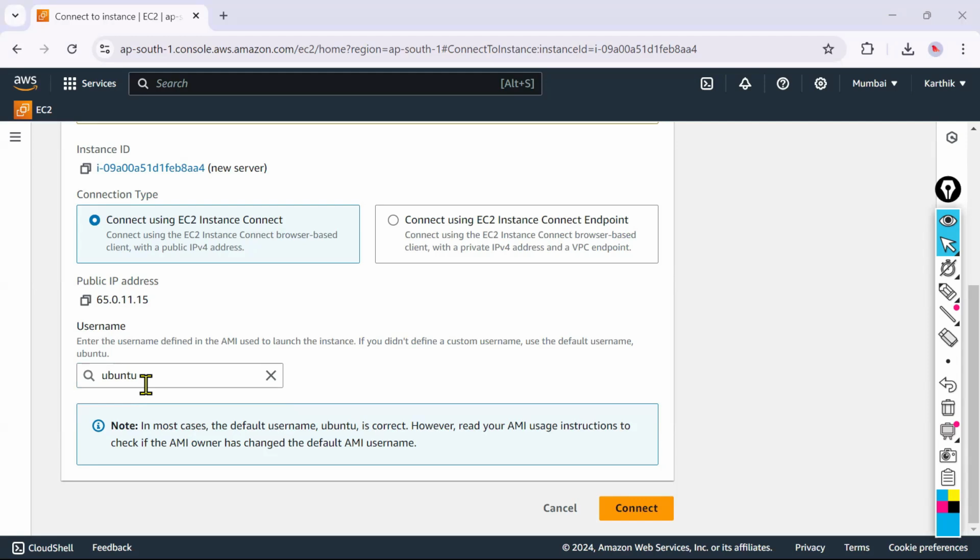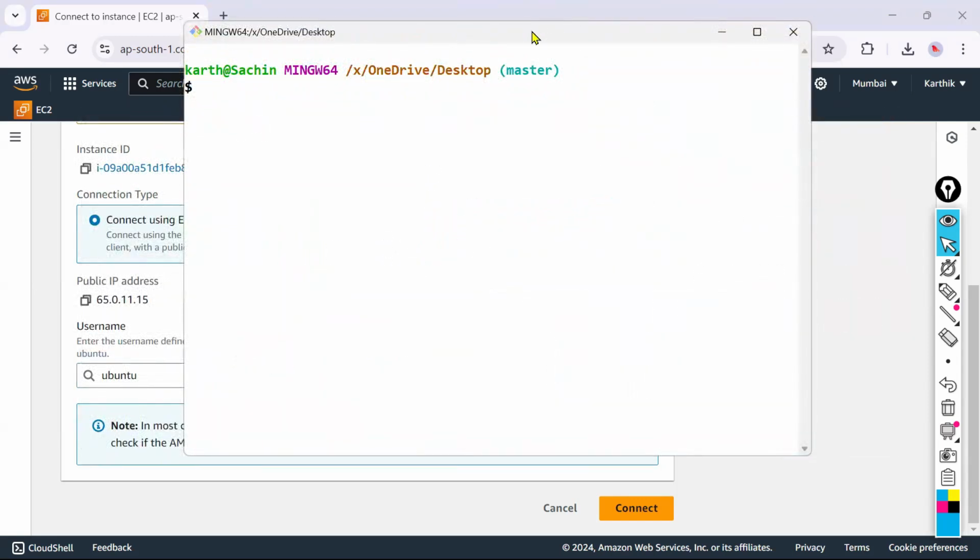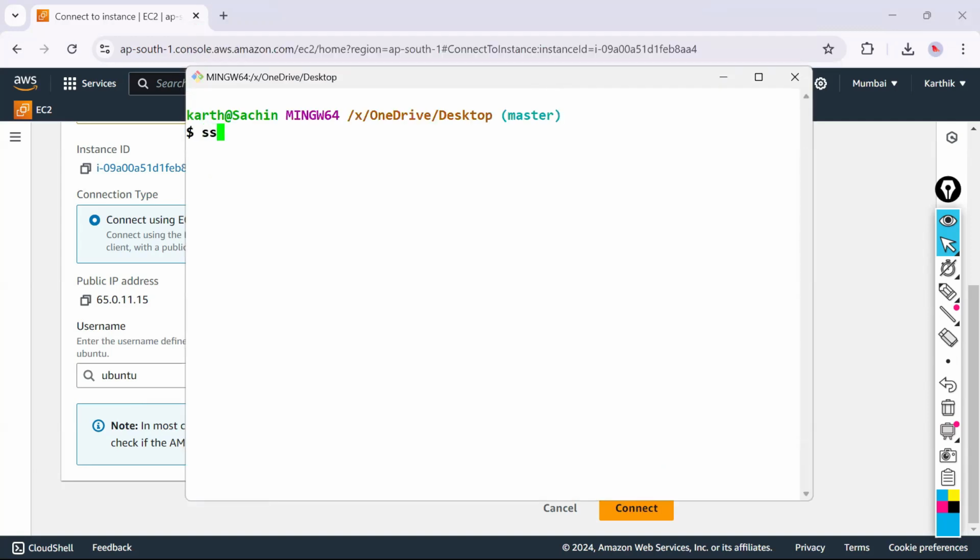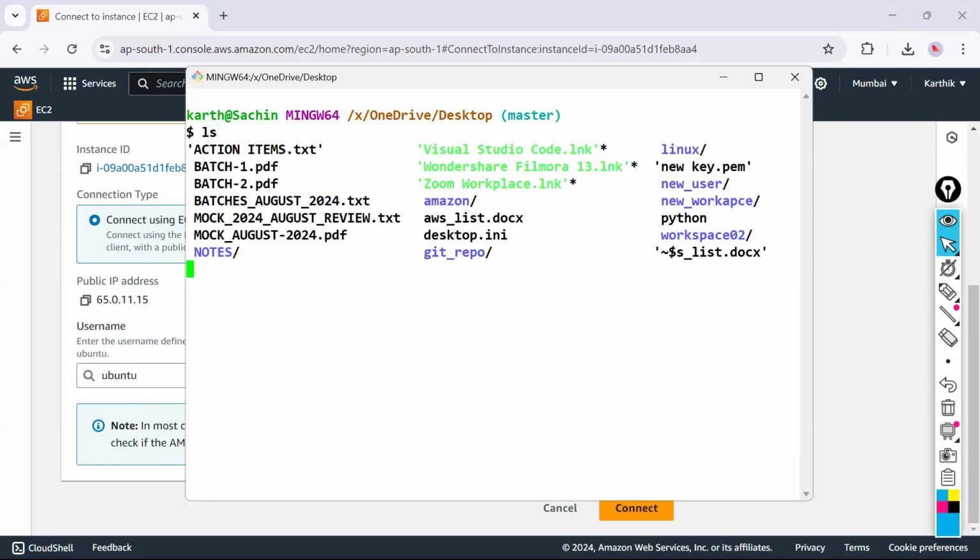Now, what is the command that we need to write, sir? First ssh -i, then your key file you need to provide here. What is that key I created now? New key or something, right? I forgot. New key, new key dot com. I don't know. ssh -i new key dot pem